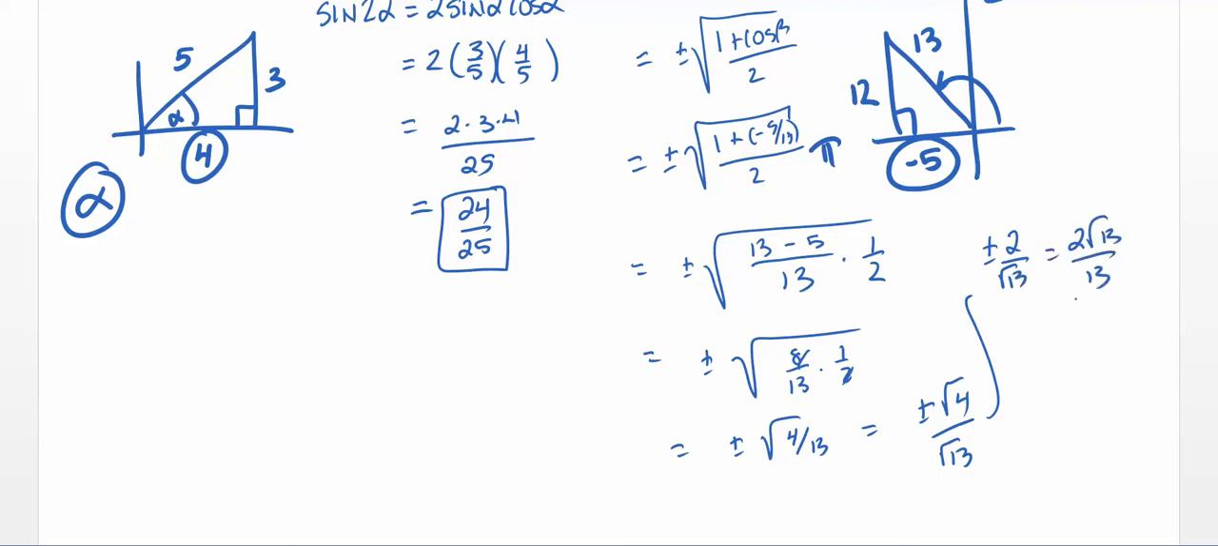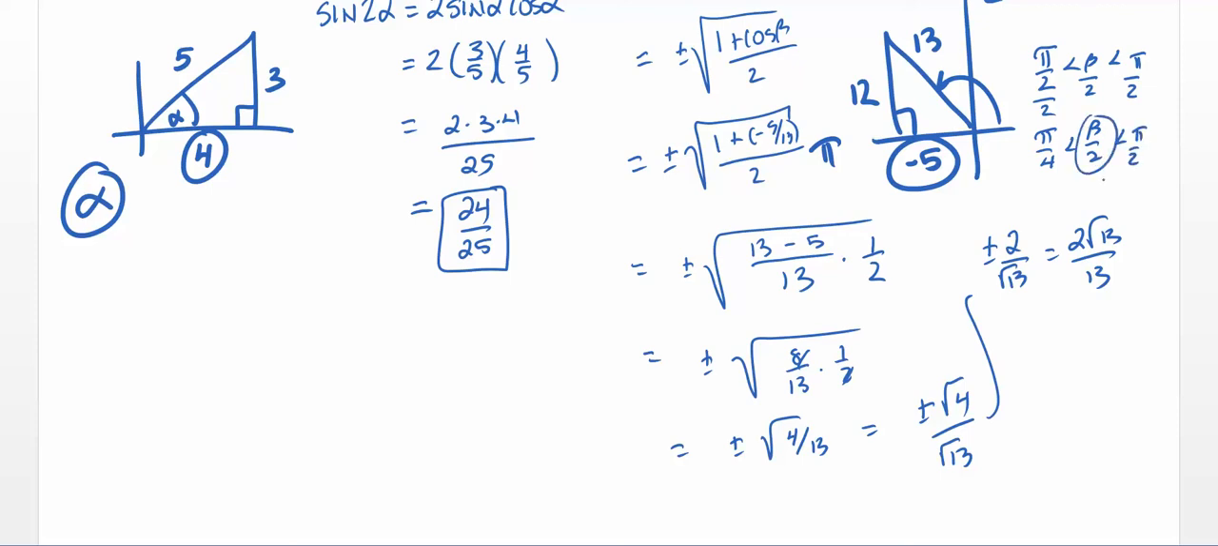Now, do we take the plus or the minus? Well, here's how you figure that part out. We were given in the original problem, pi over 2 is less than beta, which is less than pi, and we were asked to find beta over 2. So if I divide everything by 2 in this case, look what I get. I get pi over 4 less than beta over 2 less than pi over 2